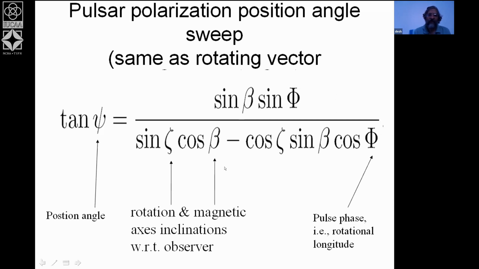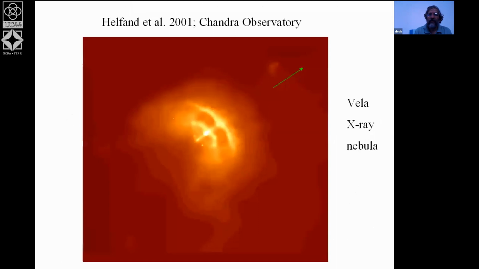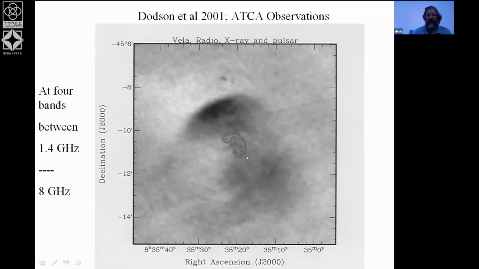It turns out that this is also a description for the orientation of a simple vector. If there were a stick attached to the star along the magnetic axis, and you were to see the projection of the stick on the plane of the sky as the star rotated, it would be the same description. This has been seen manifesting in the beautiful X-radiation nebula that it produces, and the associated radio nebula around it,